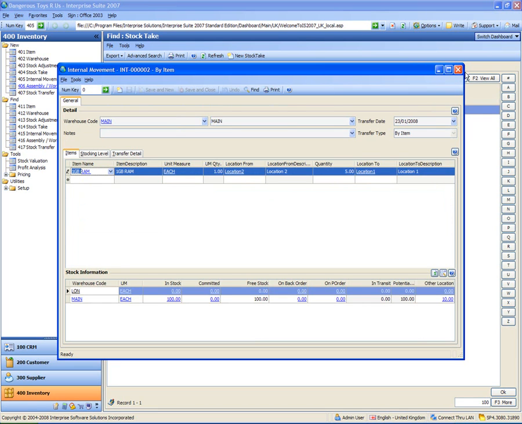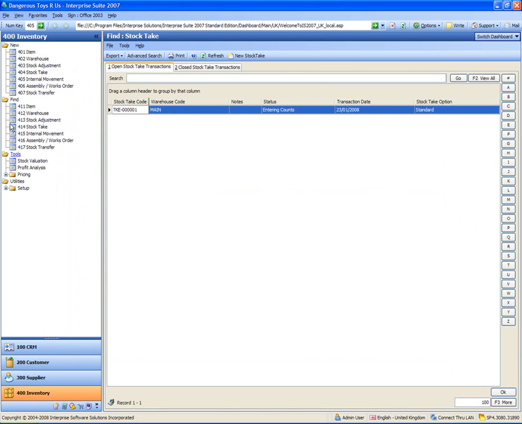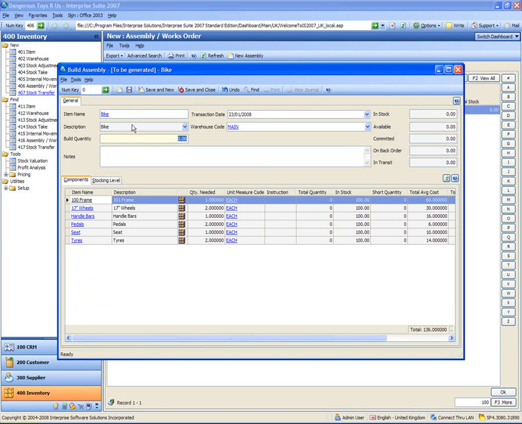Okay, the next thing I'm going to do is create an assembly. Now, I've already got an assembly item created, which was our bike item, which is obviously made up of various components. So I'm going to go into the bike item and I'm going to say that we're going to build 10. Now, this isn't manufacturing by any stretch of the imagination, it's just basically a way of putting some top level item in stock and withdrawing the components out of stock. So down here it will show if we're short of any quantities. But if I just save this assembly,